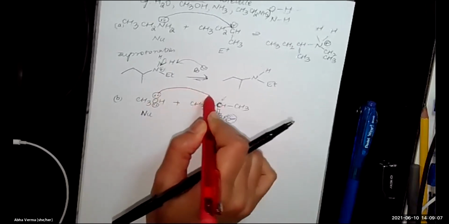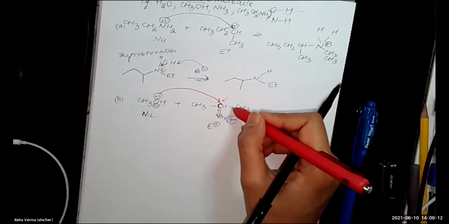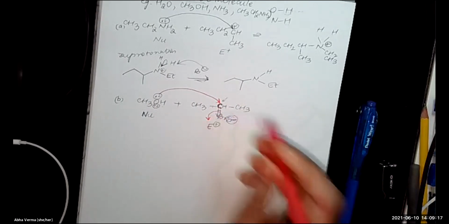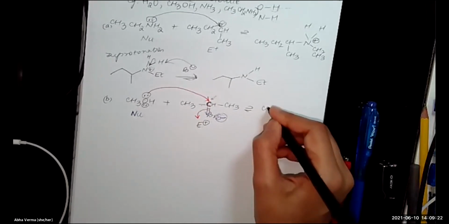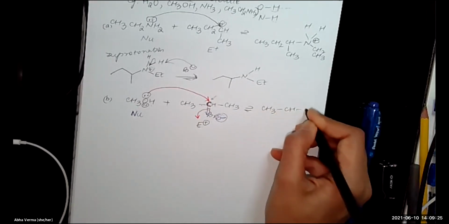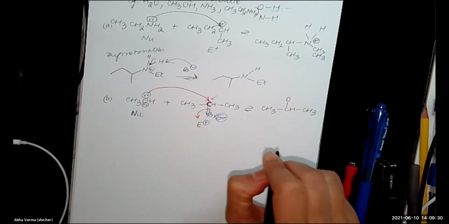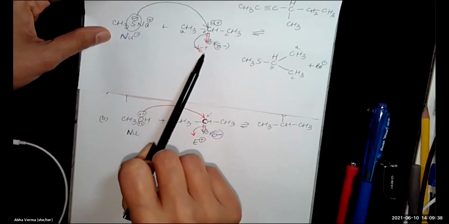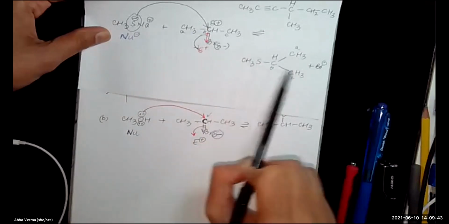My electron rich species will attack. This carbon already has 4 bonds, 1, 2, 3, 4. And so it will have to kick out this bromine, just like it did in our previous setup. So remember, in this setup also, the negatively charged species attacked it, the bromine left the molecule, and this is the structure that we were left with,